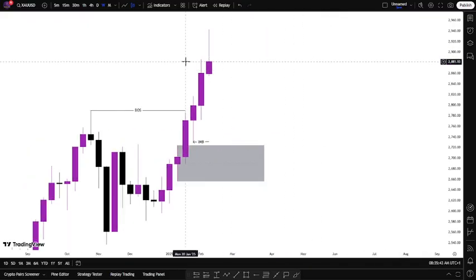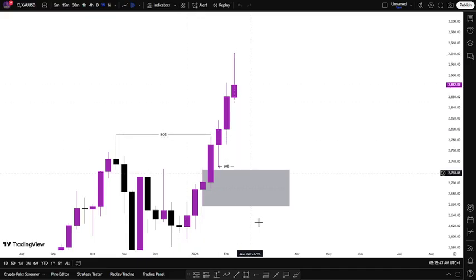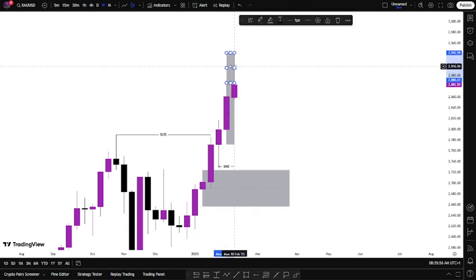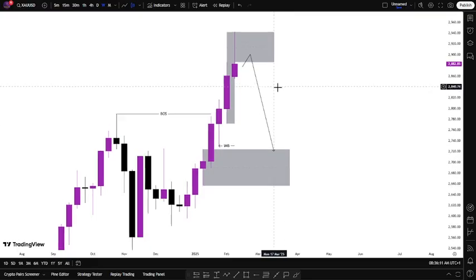If we also want to analyze this based on CRT traders, we have seen this candle here, the accumulation candle, then this manipulation, then we'll be looking for a trade from here down to this place. So overall I'm bullish on GOOD, but